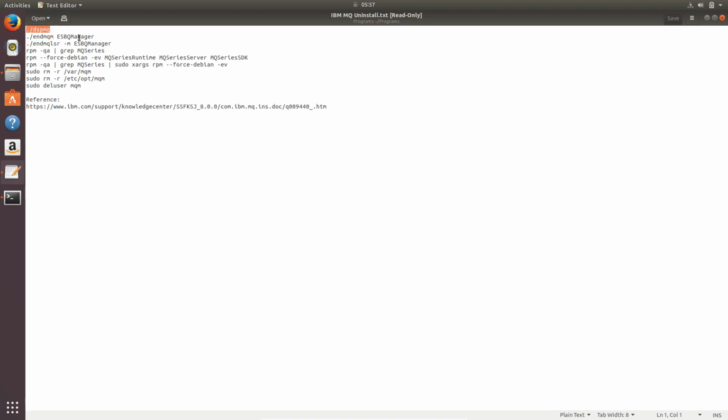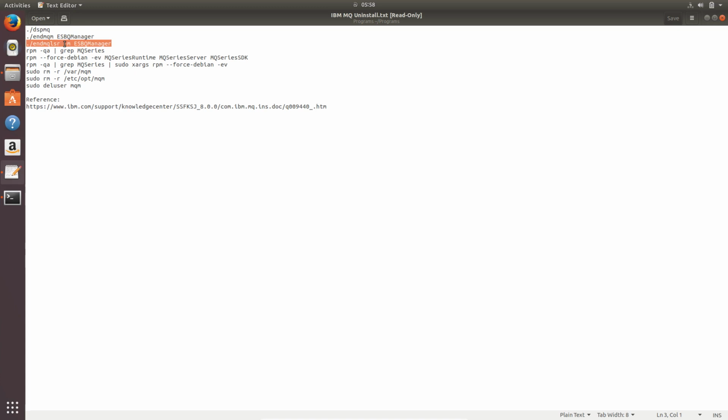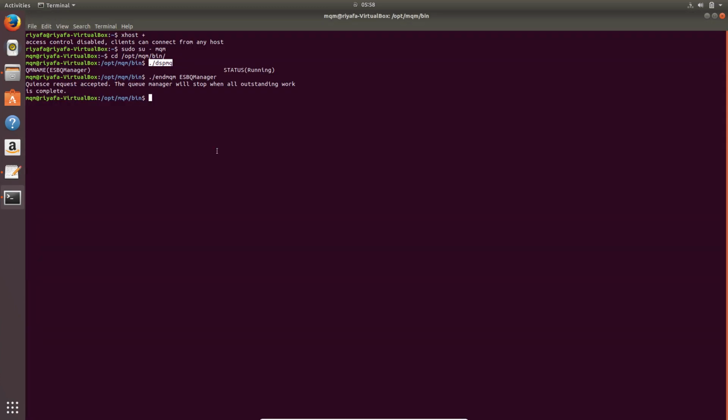So let me end this queue manager, and then I need to end these listeners that might be listening in the queue manager, so that the queue manager doesn't have a listener. So I will check again if there are any queue managers running. The ESP queue manager has been ended normally, so I will log out of this user,